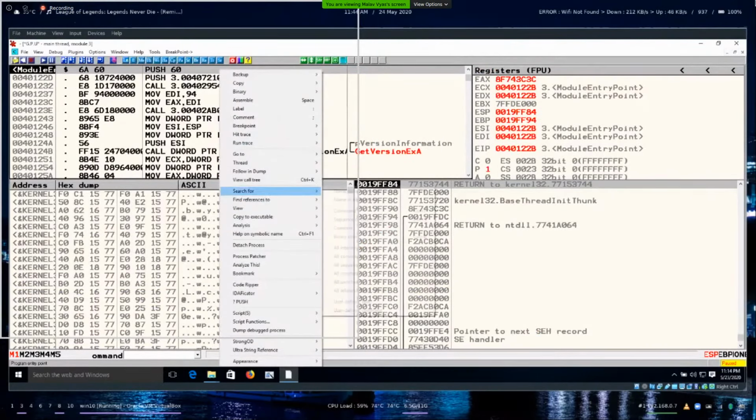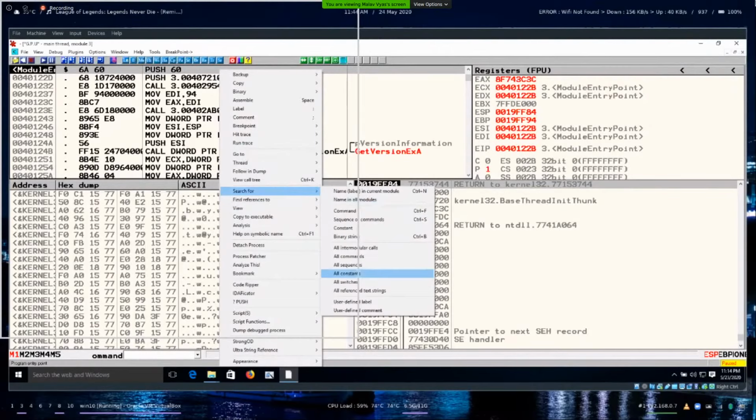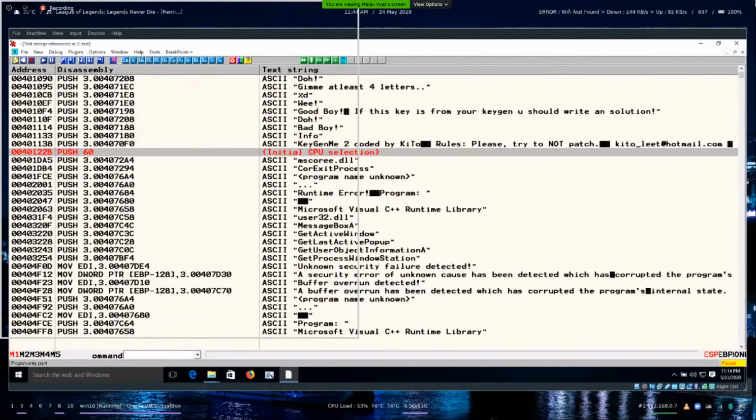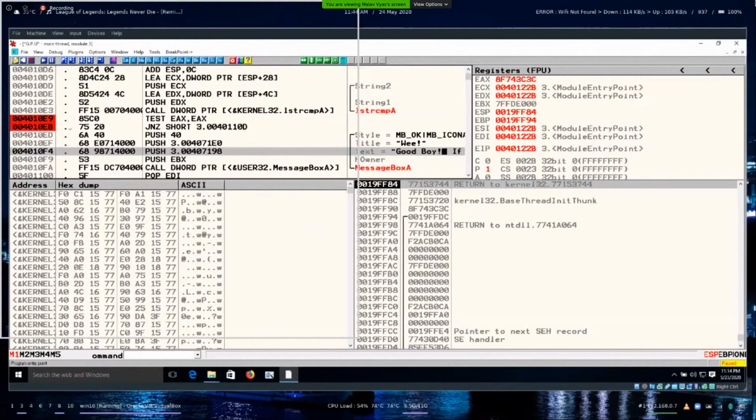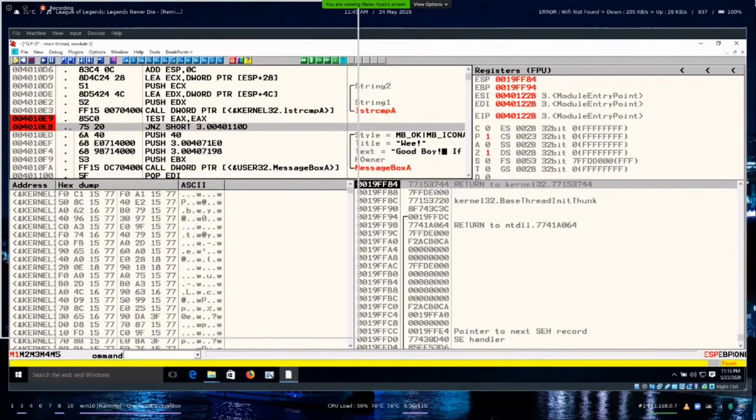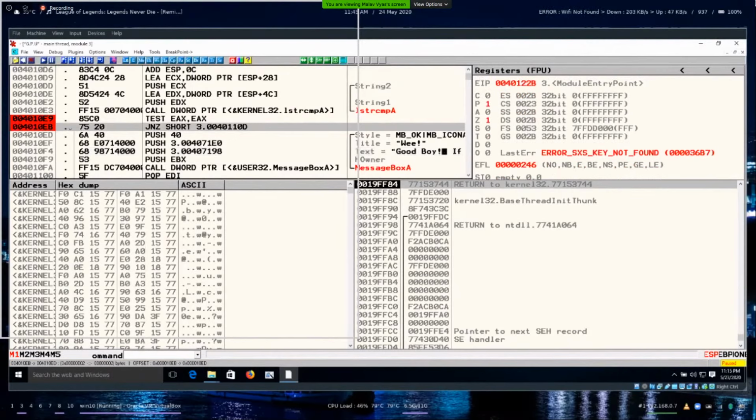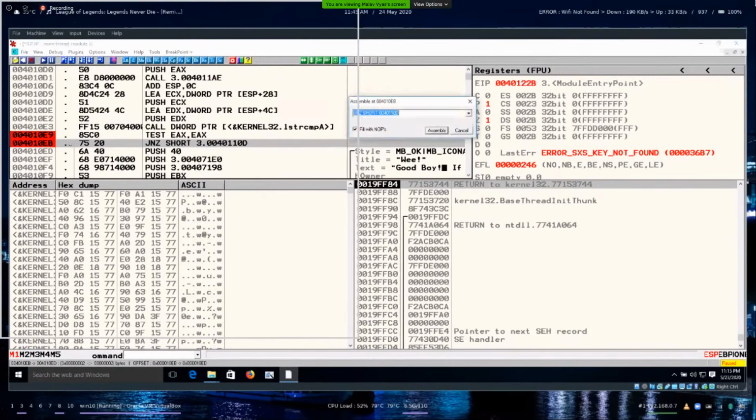It will make sense in a minute. Here we modified the zero flag, so this instruction won't be executed. Instead, we can do one thing. We can just delete this, and press space to assemble at this address a NOP.